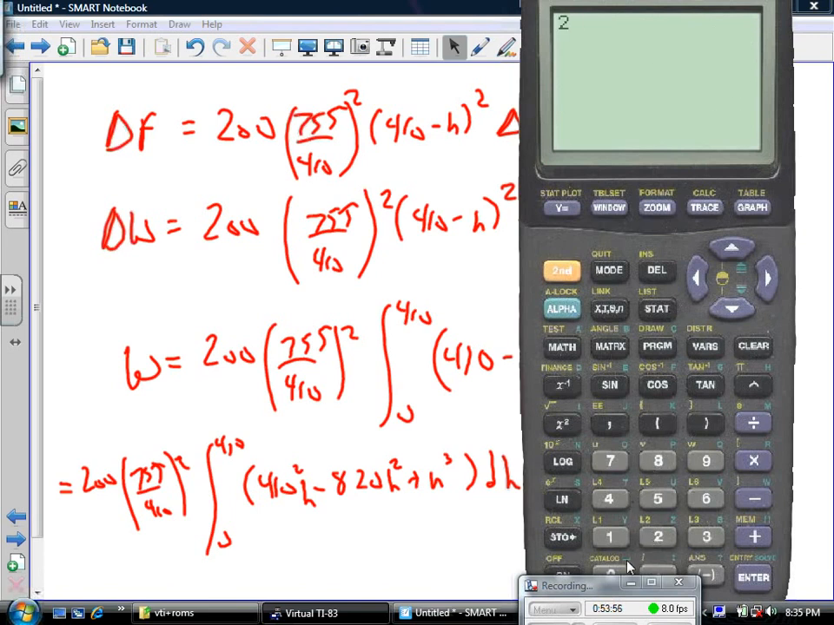All right, so it's 200 times 755 over 410, that quantity squared, times the integral, so math 9. Remember the numerical derivative is math 8. So math 9 of, and I'm not even going to FOIL it out. It's going to be quantity 410